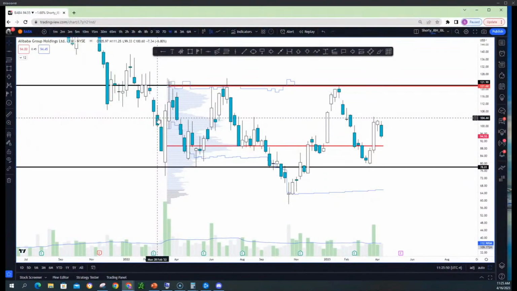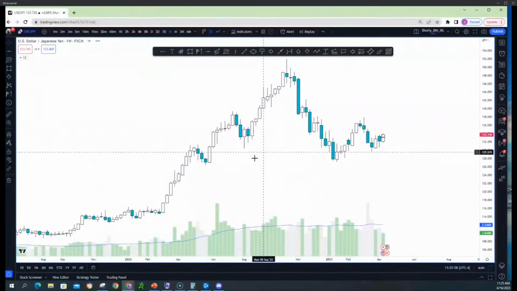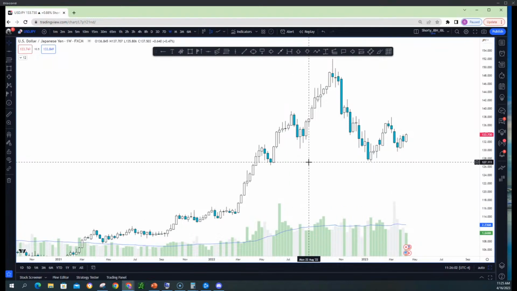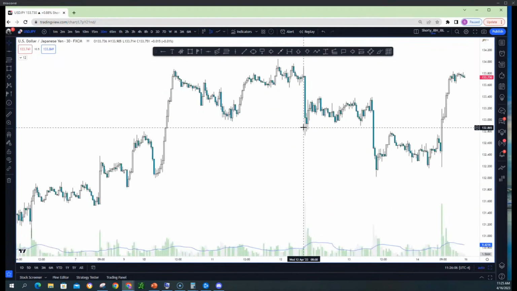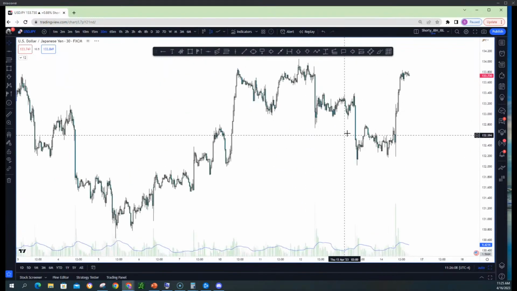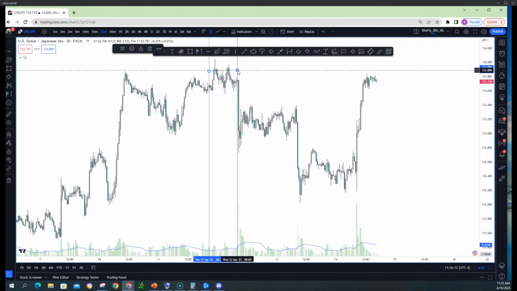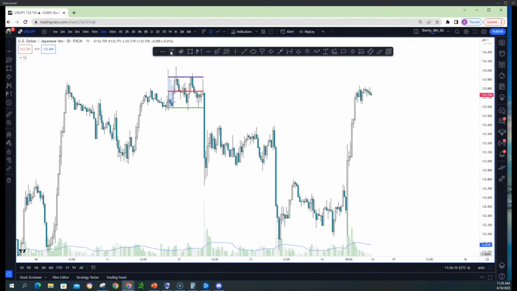I don't know, does anyone trade forex? No. Maybe not. Some of you guys don't. But if you trade this the same way, the same things happen here in the forex market. If you're looking at 30 minutes, it happens a lot where you have accumulations, and on this, I would say it works probably even better, just because the banks are, fortunately, fairly transparent with some of their moves.